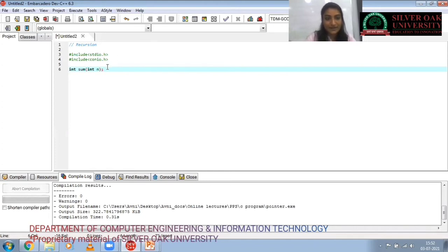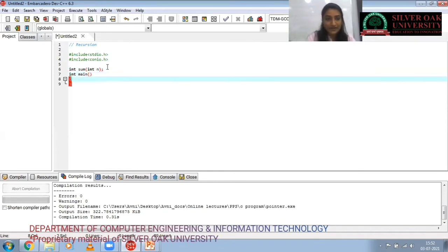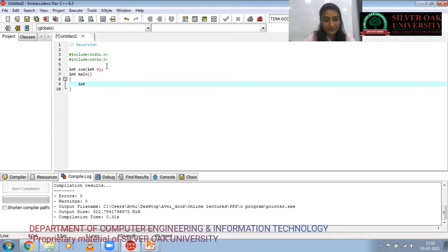This is the function type with return and with argument. In the main method, we declare two variables, one for entering the number and the second for assigning the result.